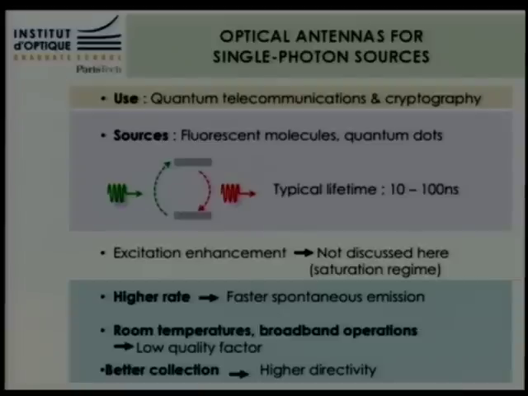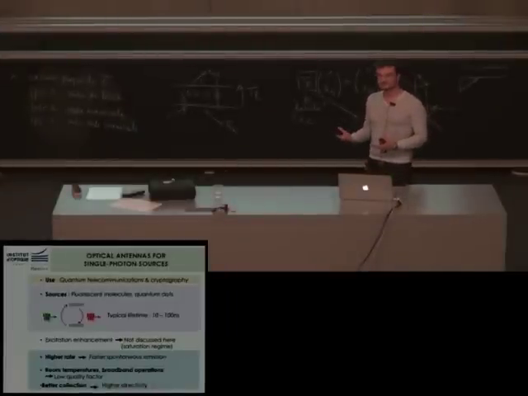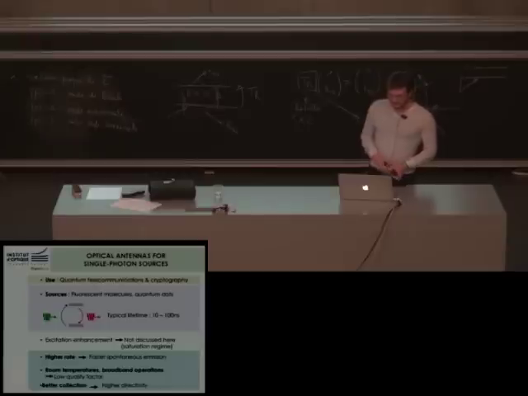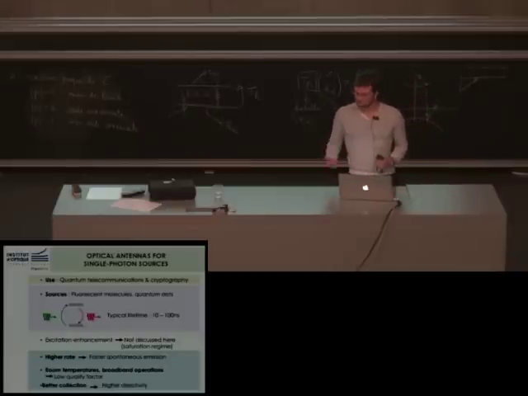And it means that because of the usual broad emission spectrum of the quantum emitters, one needs an antenna with broadband operation, which means a low quality factor of the antenna. And finally, one needs to collect all the single photons, and in a naive way, a quantum dot or quantum emitter put alone will emit in any direction, which means that we need a high directivity from the antenna. Let's first address